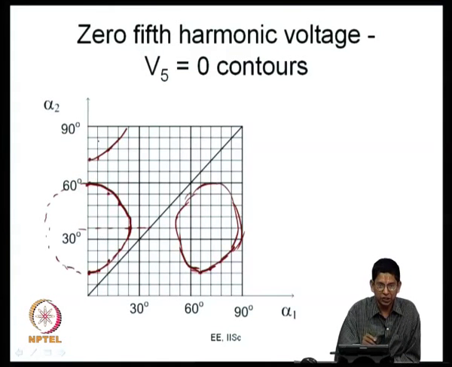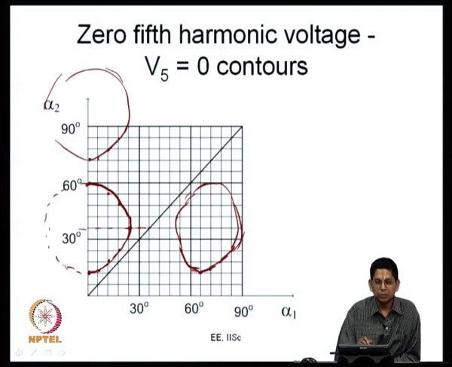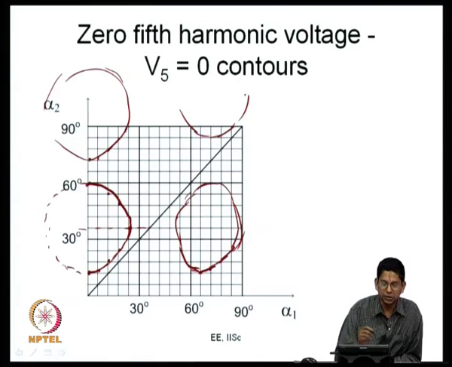So, if alpha 2 is changed by 72 degrees, phi alpha 2 changes by 360 degrees, and cos phi alpha 2's value is unchanged. So, you can shift this entire curve. It is basically part of another curve, this curve has been shifted up. So, you can shift it right or left by 72 degrees, or you can also shift it to top or bottom, you will get the same curve. Once you get one V phi is equal to 0 contour, you can get as many of them as you would want. In fact, if you shift it further, this one to the right or this one up, you are going to get one more curve like this.